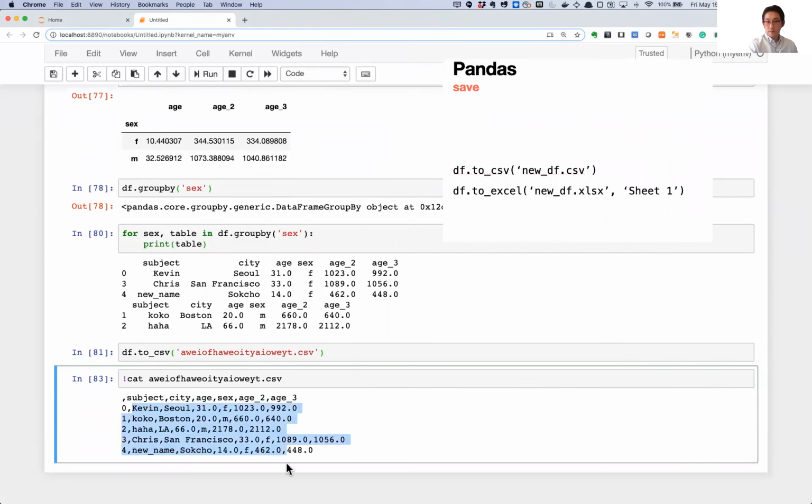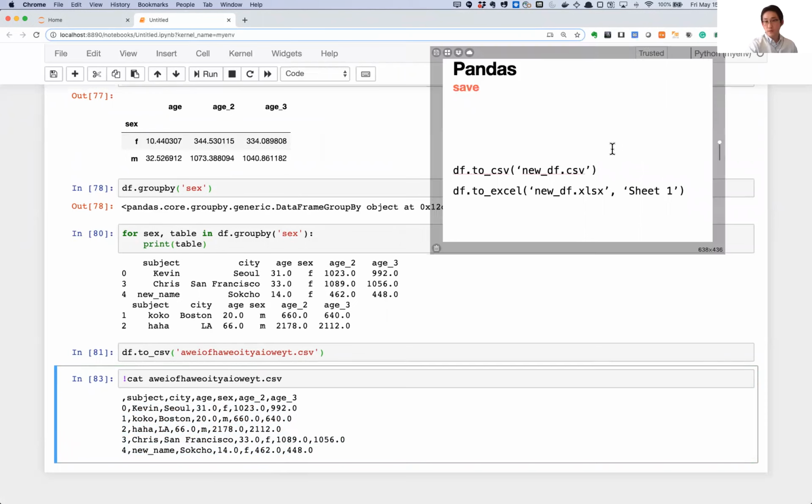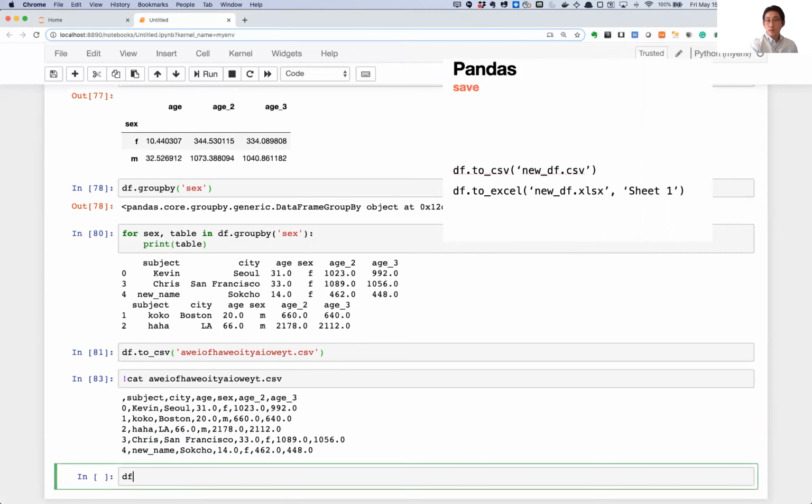It looks like this. So this is a plain text format. So you are saving your data frame into a CSV file. You can also save them as an Excel file like that. df.to_excel, open brackets,